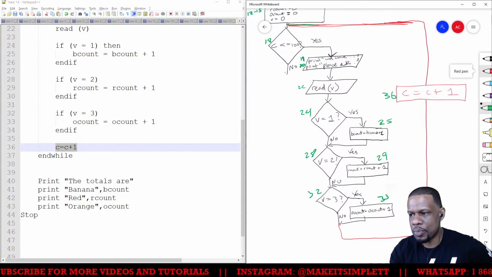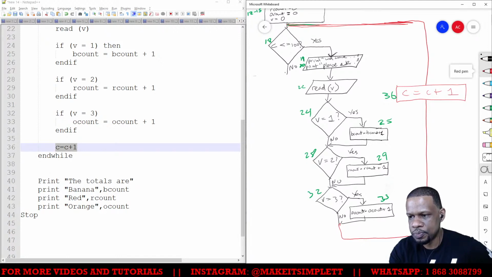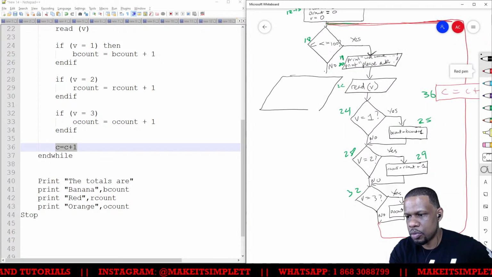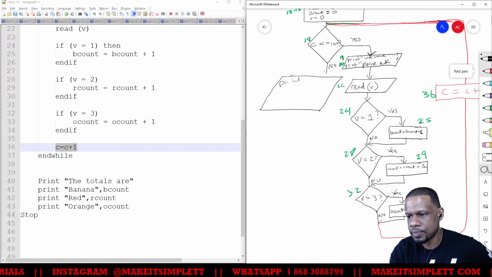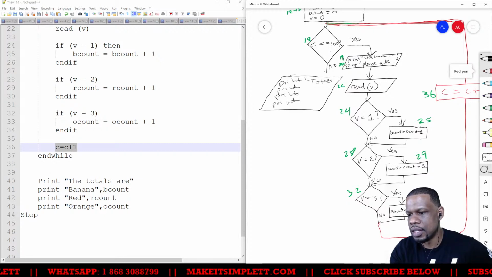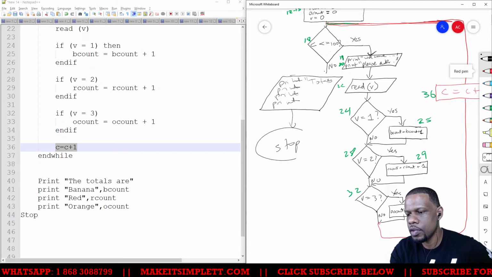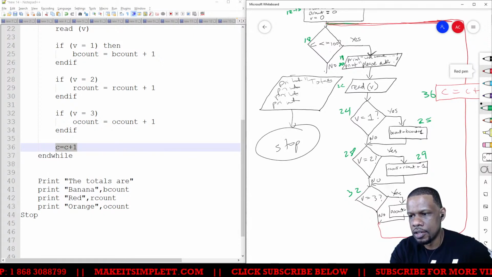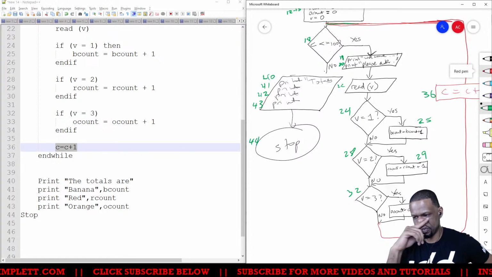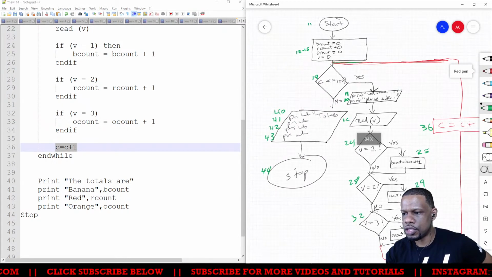Good. The next thing I have to represent is what needs to take place if the loop is finished, which is all the prints. And the prints are represented in parallelograms. So I'll put one big parallelogram and I'll print stuff. Print totals, print the next one, print the next one, and print the next one. And then you'll see line 44 says stop. So what I have here is line 40, 41, 42, and 43. And then stop is line 44. And that there is the flowchart for this algorithm.